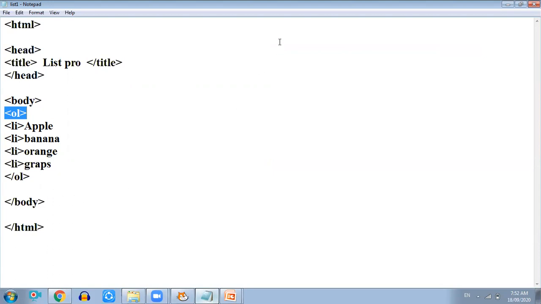Okay, and now this OL ordered list has two attributes, meaning we can do some modification in the ordered list. We can specify the type, as well as set where it should start. Now types: sometimes we want to apply numbers like 1, 2, 3, 4. Sometimes we want to apply Roman numbers. So how can we get a Roman numbers list? Or sometimes we want an ABCD list. So this type of list we need.